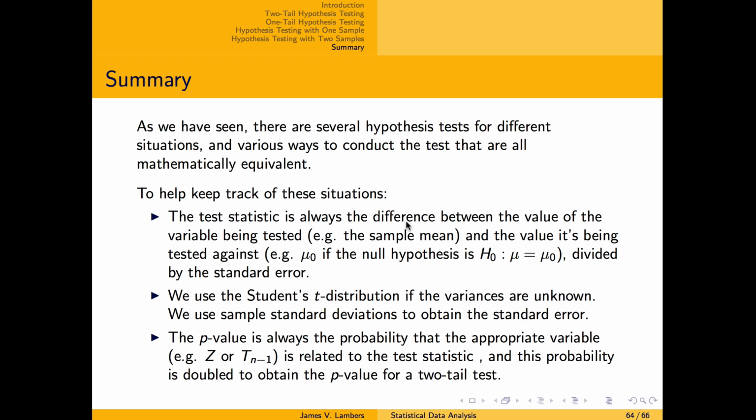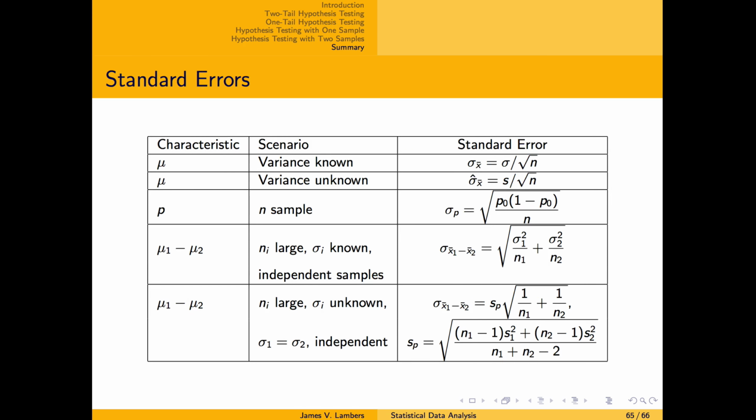It's also worth noting that the p-value is always a probability that the appropriate standard random variable compares to the test statistic in some way. The specifics are determined by the type of test, one-tail or two-tail, that is being performed, and whether the variances are known or unknown. To conclude, we note that the main difference among the many hypothesis tests we have seen